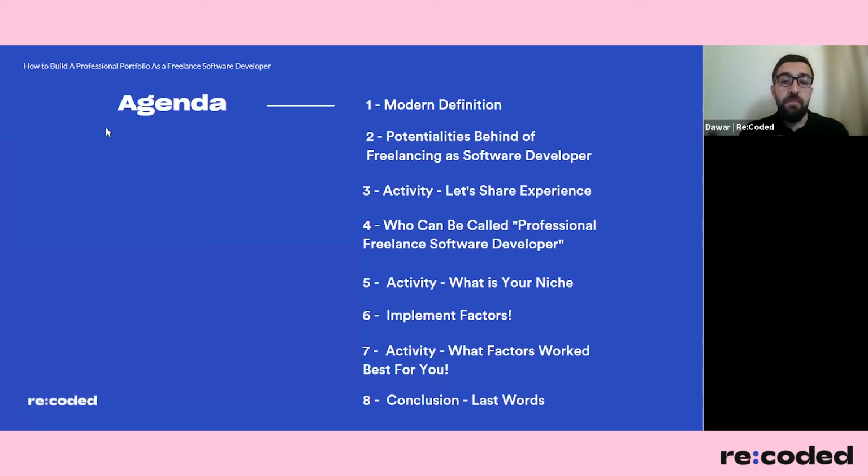And then in the fourth section, we talk about the factors. In the fifth section, we talk about the strategies and the ways to implement those factors. Then we will do another activity, and then we will wrap up the workshop. So basically, we go through 3 parts, as you can see: a quick definition and potentials, what the factors are to be professional, and how we can implement those factors. This would be the core of